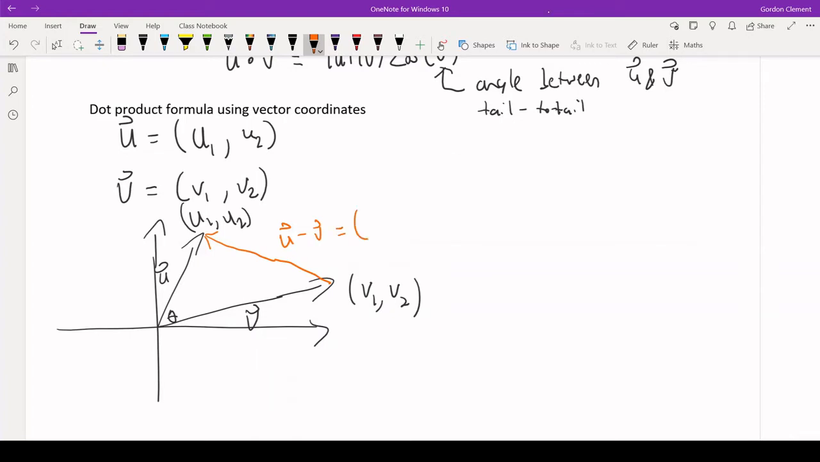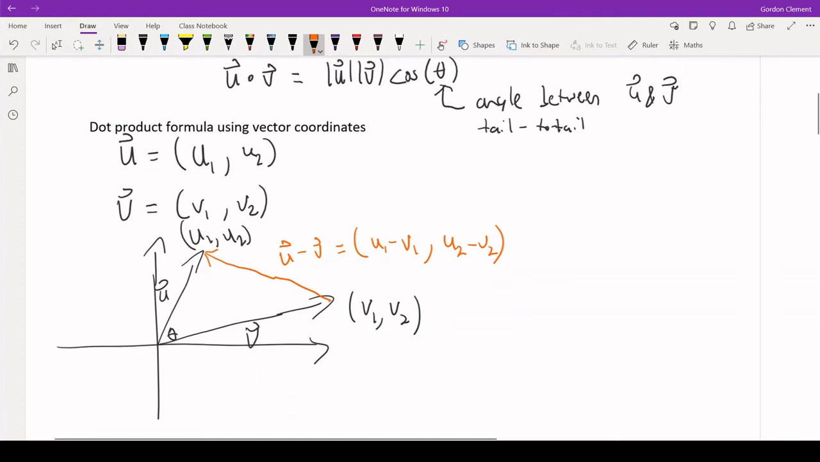So using coordinates, it would be u1 minus v1 and u2 minus v2. I'd subtract the x's, I'd subtract the y's. And the reason why I've done that is this makes a triangle. We've got formulas for triangles, and maybe